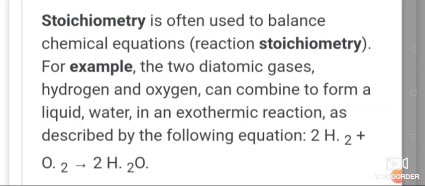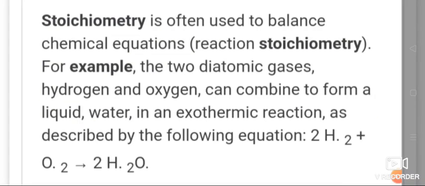So here is one example we have given. 2 hydrogen combined with 1 oxygen. When you are reading this, simply you will say 2 hydrogen react with 1 oxygen to give 2 water. What do you mean by that? Whether it is two hydrogen atoms or two hydrogen molecules, we have to say very clearly. So while reading the chemical equation, we have to give clear information. Here two molecules of hydrogen react with one molecule of oxygen to give two molecules of water. Are you clear? This is the way you have to use it.